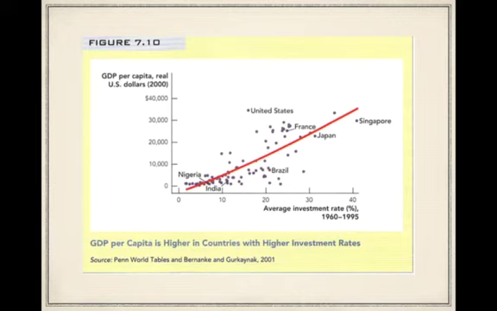Does it fit what we would expect? Go ahead and think about that. Look at this for a while. Once it pauses after I stop talking here, I will stop here and I will pick this up and we will continue on here shortly. So go ahead and maybe commit yourself to an answer. Does this fit with what our picture would just tell us? Countries have a higher per capita GDP from this picture if they have a higher investment rate. Does that fit our model, or does that go against our model?